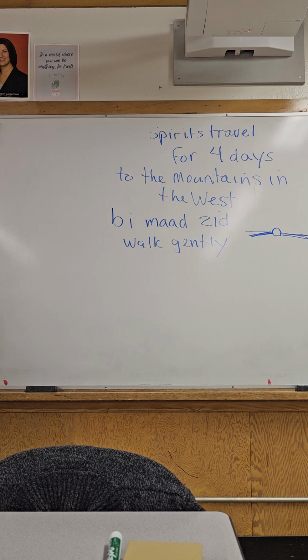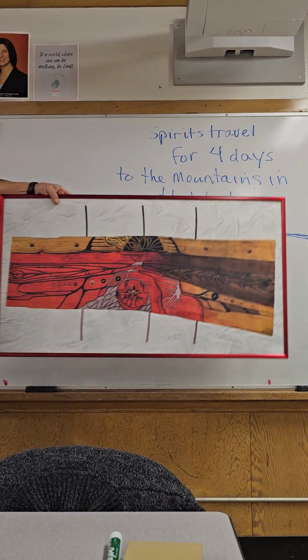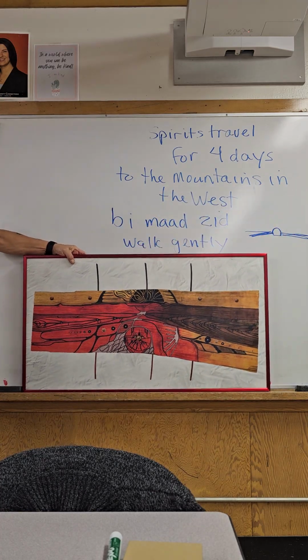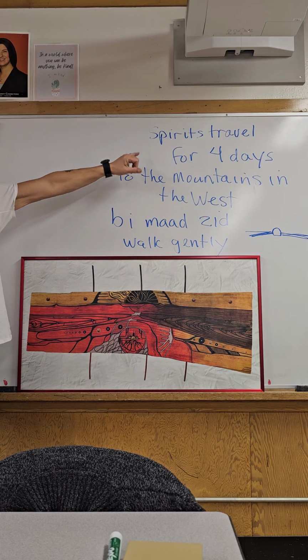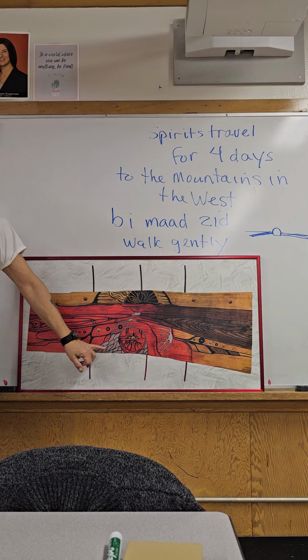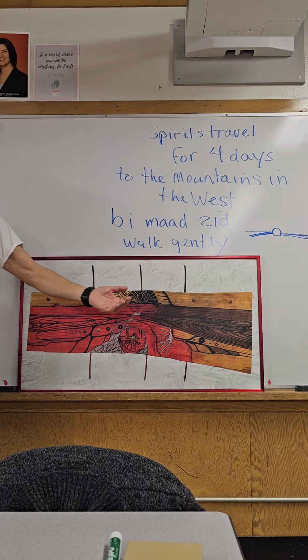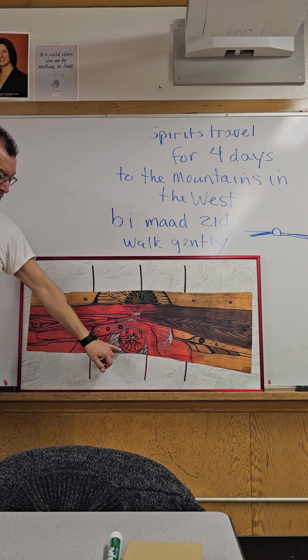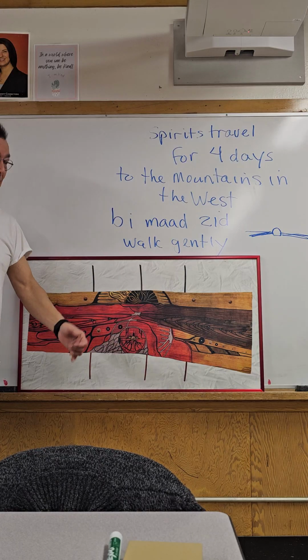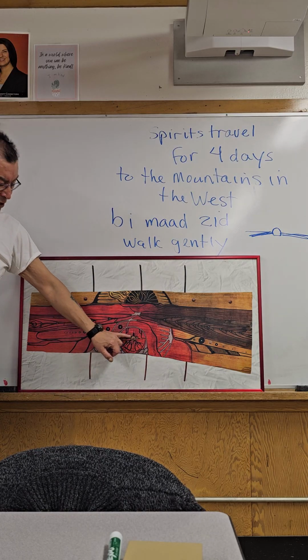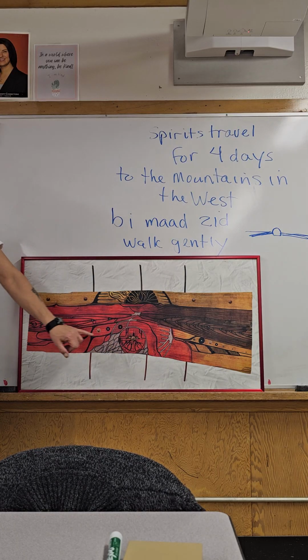So once you've passed on your physical self, like I said, our spirits travel for 4 days, and then on the fourth day, presumably in the morning, that's when we get to the lodge. There's a lodge at the base of the western door, and that's where all of our spirits gather, and we just wait until sunset.